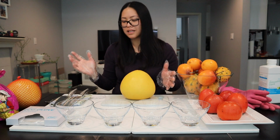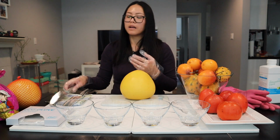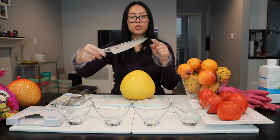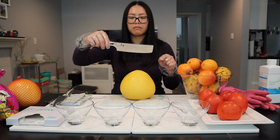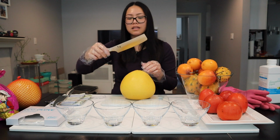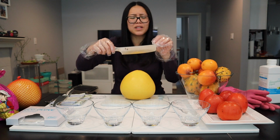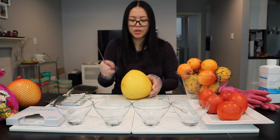Okay, so for this I can use any knife, I guess. I do use this one when I need to do more precision work because of the pointed tip, but I do use this one when I'm slicing anything else that doesn't require any precision work. So this to me is really nice for chopping vegetables and things like that, but I do use it to slice meat too, right? But for this I'll just use this knife